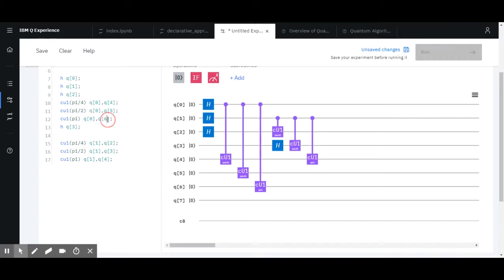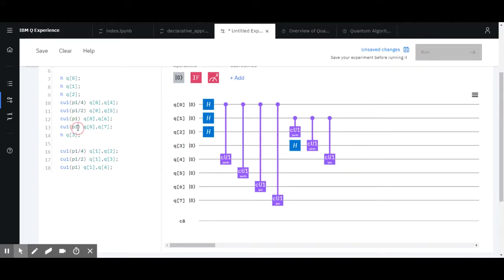And I can even go farther and add more resolution to that. I'm going to go to qubit 7. That's pi divided by 2, that's pi divided by 4, and that's pi divided by 8, and then have that copied over